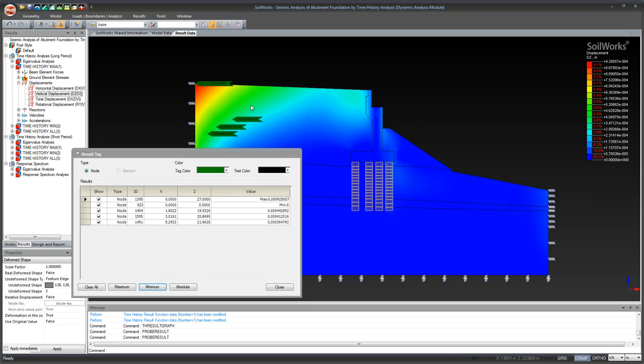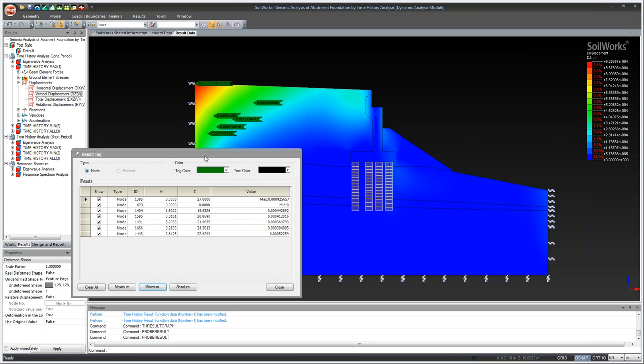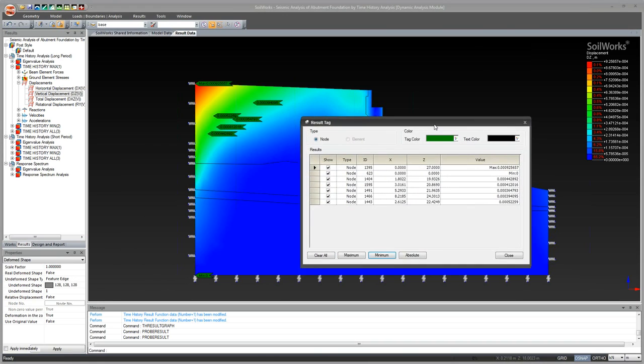And here I have a spreadsheet developing, which tells me the exact locations of the points as well as the values. So if you're creating a spreadsheet for your final report or for your submission to your client, this is something that's useful. Typically, what I've seen a lot of our clients do, or a lot of engineers in general do,